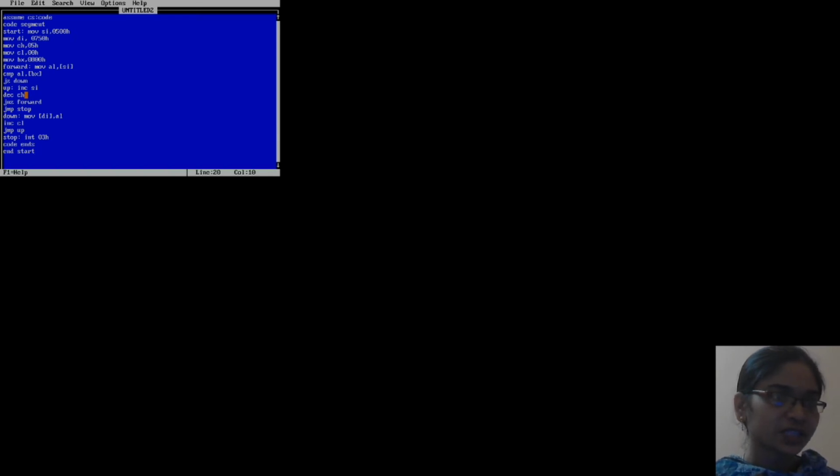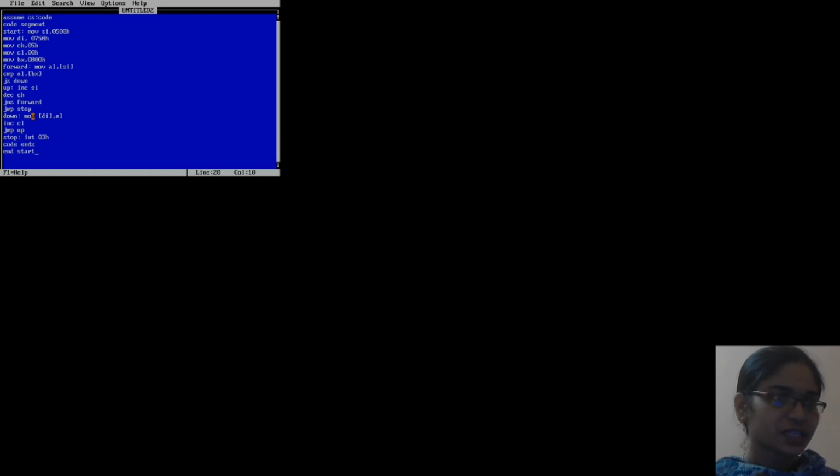Through this instruction, the content of CH is decremented by 1. The next instruction is jump if not 0. If the content of CH register is not 0, the program jumps to this forward label. Otherwise, it comes to the jump stop label, which is present here.